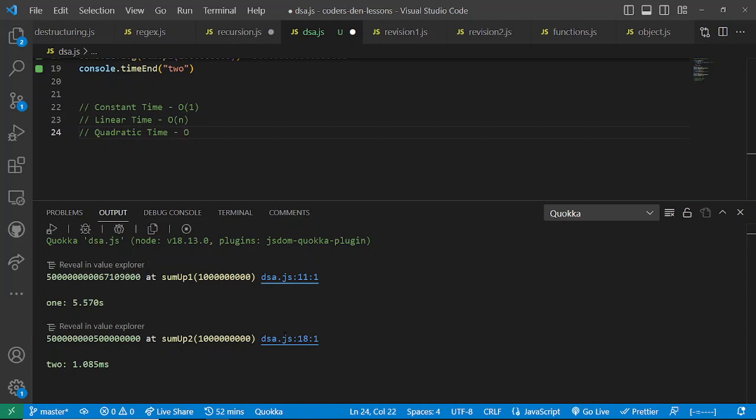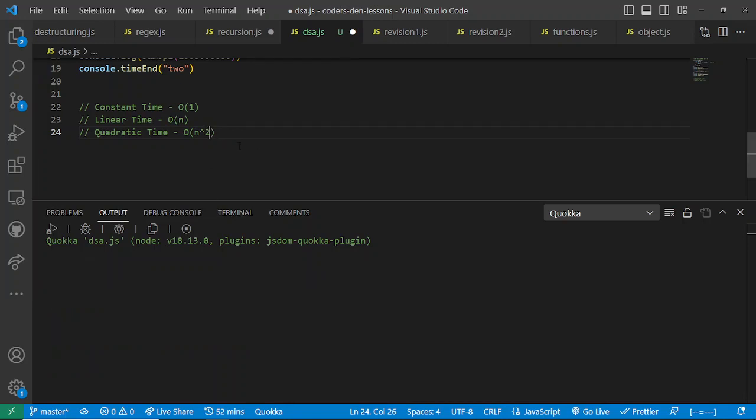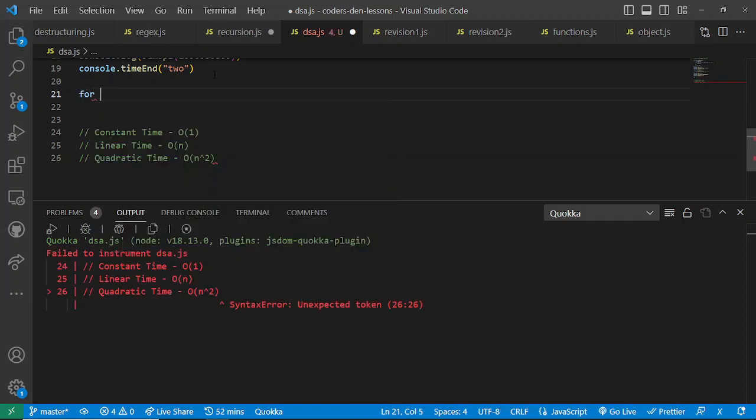So this one mostly occurs with nested loops. Okay, I can't write the square here, but I think you can still understand. This is n squared. Most times that you see this, it's in something like: for, let i be equal to 0, i less than maybe 5,